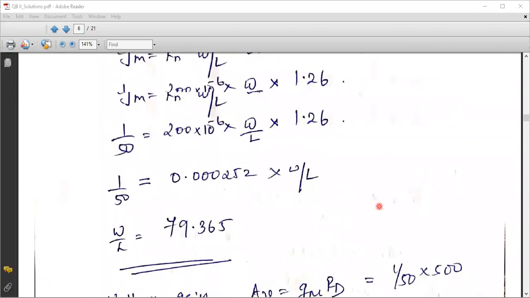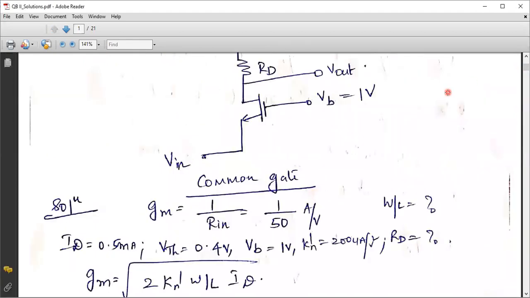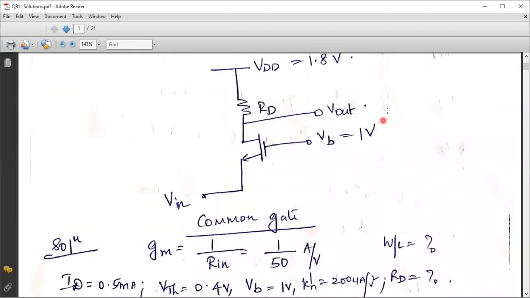So that is the common gate. These two questions are very important. You can expect one CG common gate question for your CIE2, but this same question won't be there. But if you know these two problems, if you can understand the concept, then that problem will be easier to clear, students.